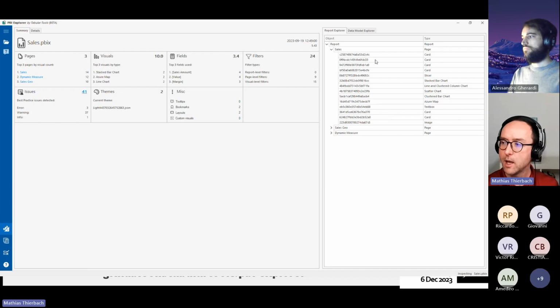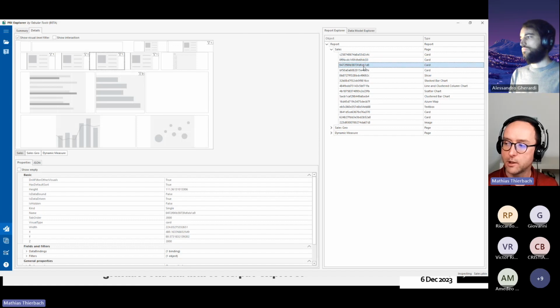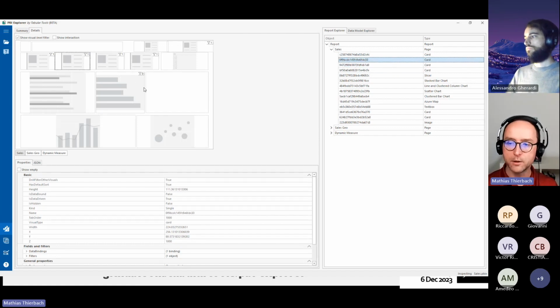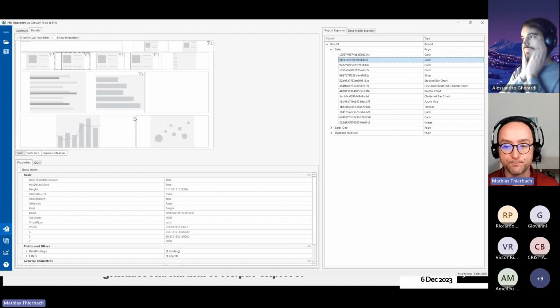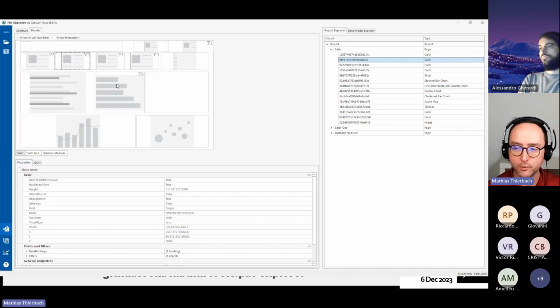So we've got that, and just staying in the Report Explorer, I can actually click through here, and you can see my main window now changes and actually shows a wireframe view of the respective page we're looking at. So basically, since we're only looking at metadata here, we won't have access at this point to actually know what specific visuals will render as,